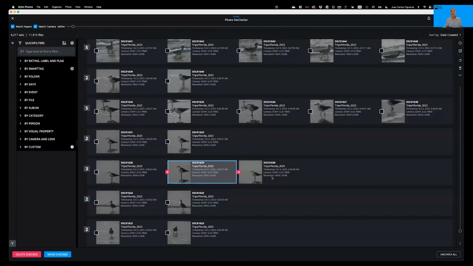So this is what declutter is about. It's about finding groupings of photos that are very similar, that were taken within a fraction of a second or a couple of seconds of each other with the same camera, and then decluttering your library by removing the ones that you don't need. It's another way of reviewing. We do have our quick review tool, which is another great way of reviewing, but this aggregates photos that are